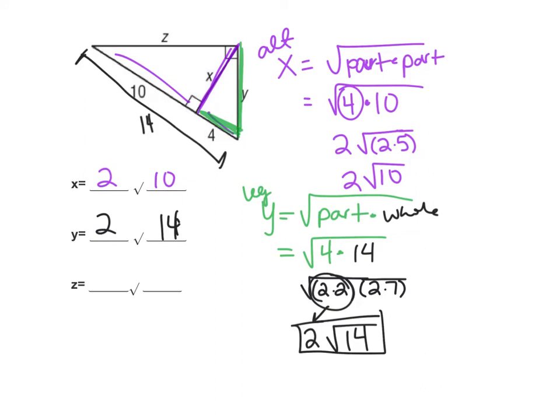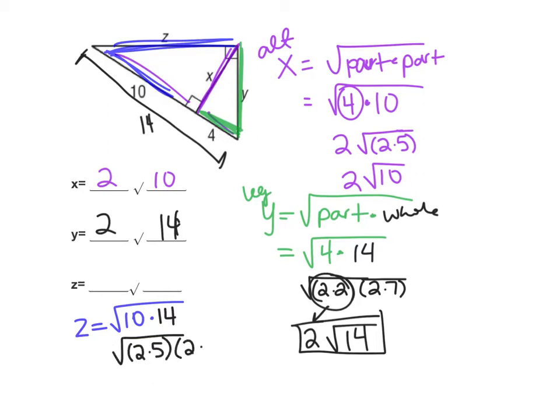again, another leg. Right, so we have z equals the part 10 times our whole 14. Break down what you can, so square root of 2 times 5, square root of 2 times 7. All right, so here we actually have a pair of 2's. So since we have a pair of 2's, those come out, and we're left with 5 times 7, which is